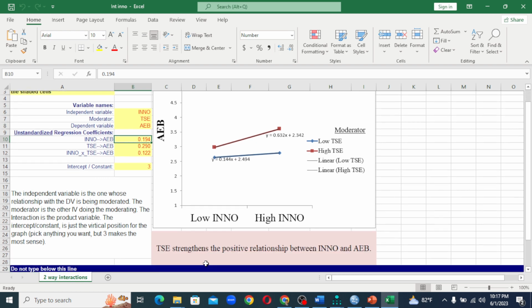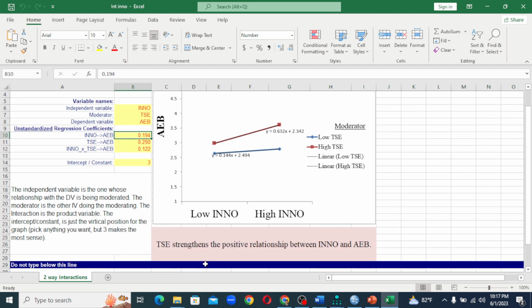Accordingly, in this case, it implies TSC strengthens the positive relationship between innovation and AEB. So this is the interpretation given by this Excel tool,